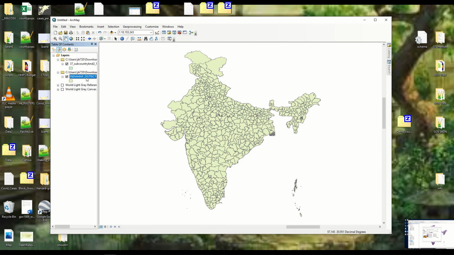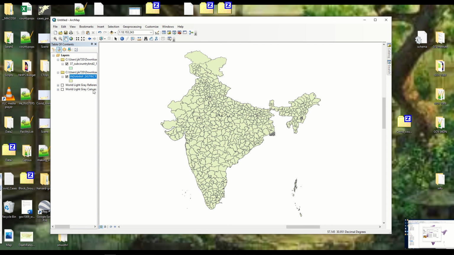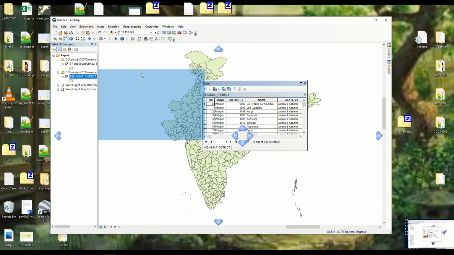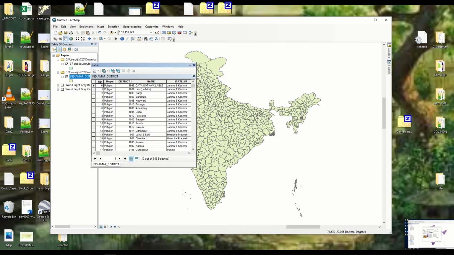The way you get the attribute table is by right-clicking. Everything is a right-click. Right-clicking in the table of contents, choose Open Attribute Table. Oh, and I can tell that my attribute table showed up way over here off the side of the screen. I don't know if I can get it back. There we go. So this is the attribute table associated with the India map district shapefile. If I make it a little bit bigger here,